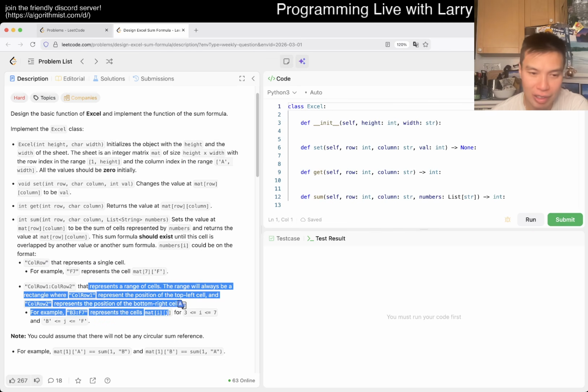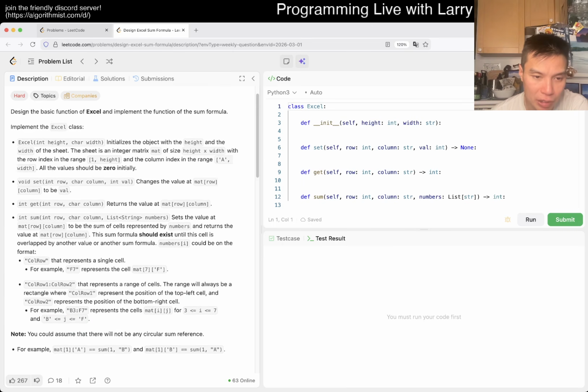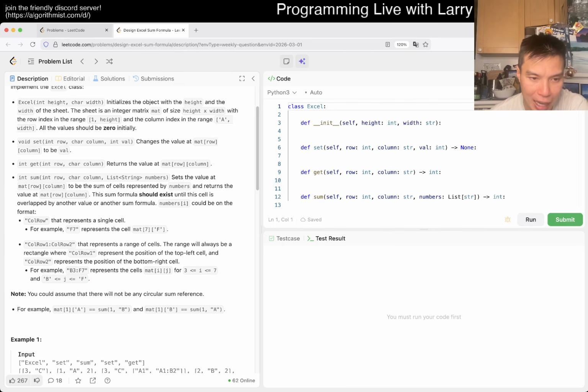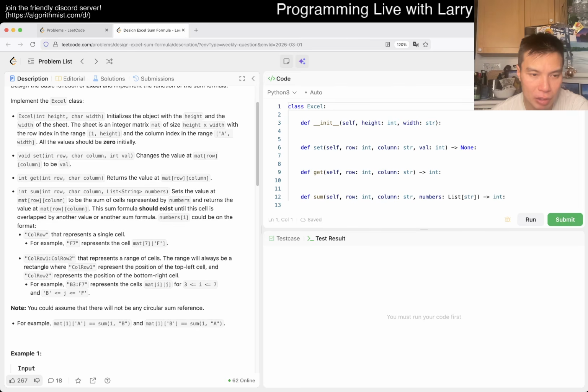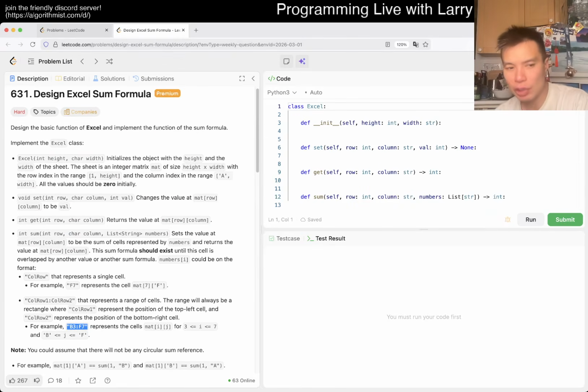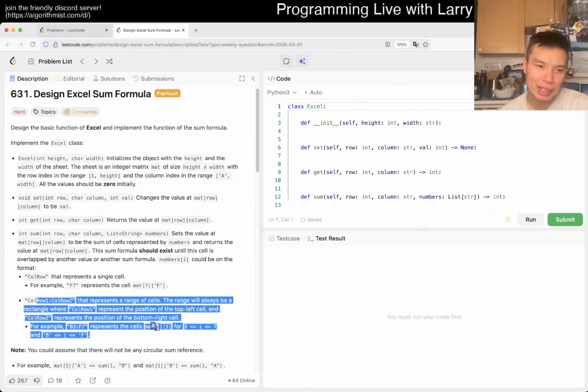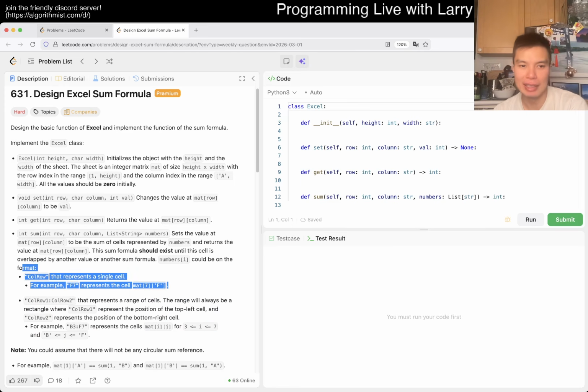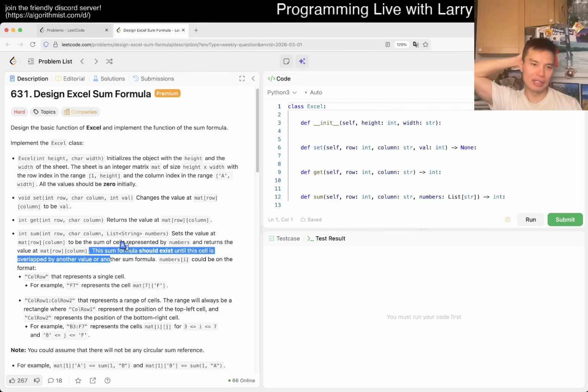I was going to ask, or not ask because I'm just here by myself, about thinking about circular references and stuff like that, but that seems good. So we can just always do it recursively. That's kind of the idea. And I think the other thing is just to look at the constraints. Because there are two ways to think about this, perhaps. Oh wait, this formula should exist. So now it's just when you update something, then it